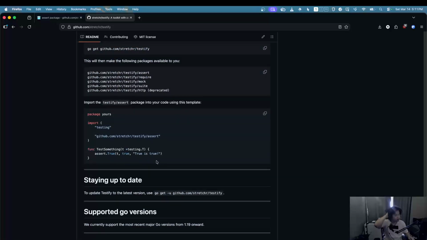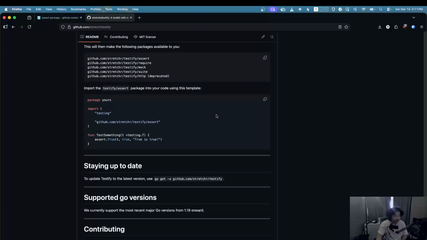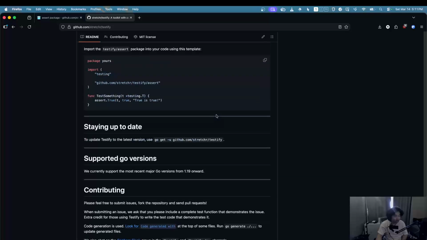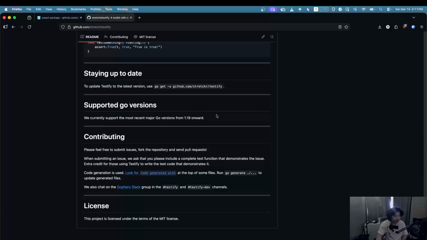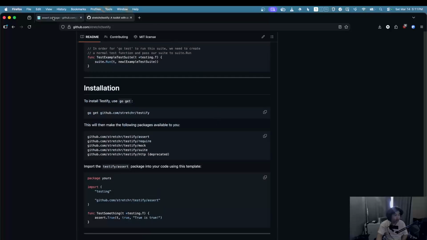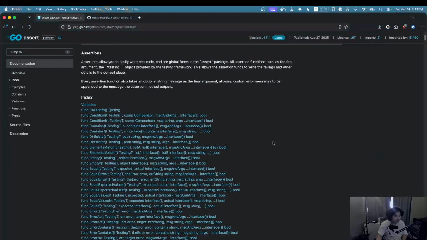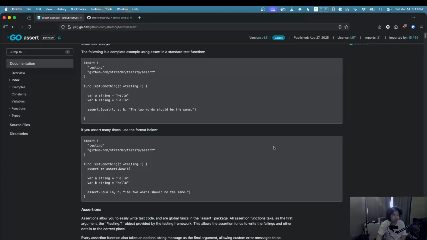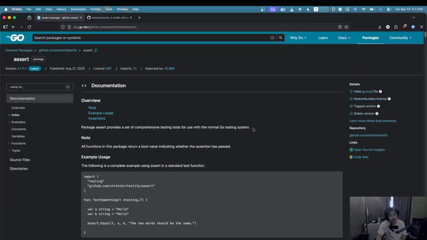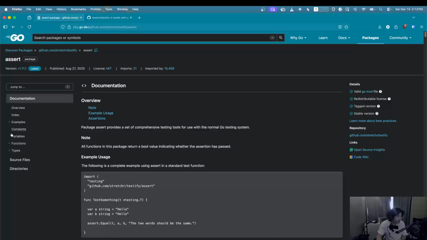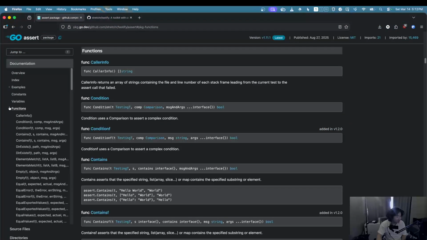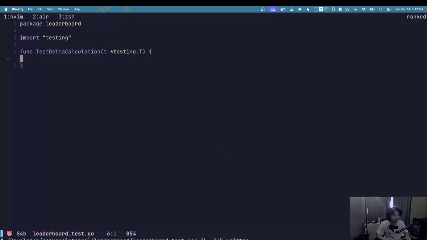Assert.true. Very nice. Love this package. This is a very simple package. I think this is the most simplest way to do it, because I know there's like table-based ones, or like just using the standard library, but this one seems pretty nice. I don't know. Anyways, let's test our function, right?